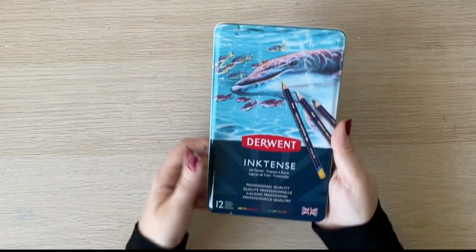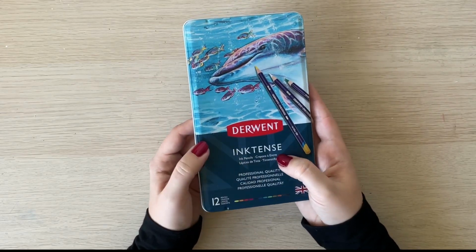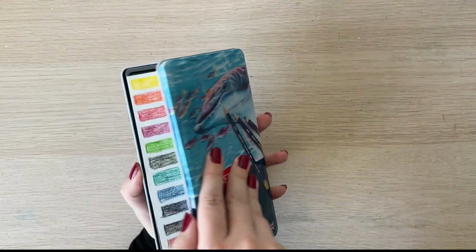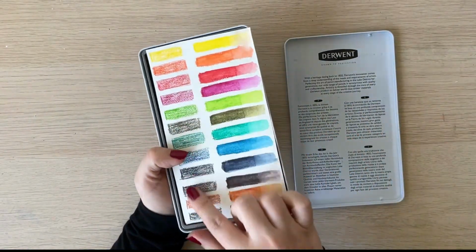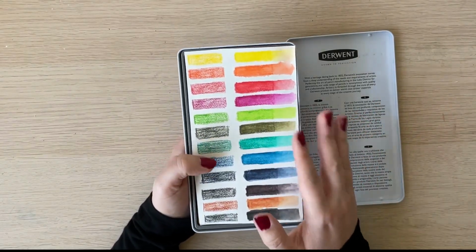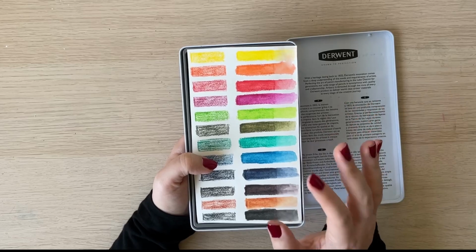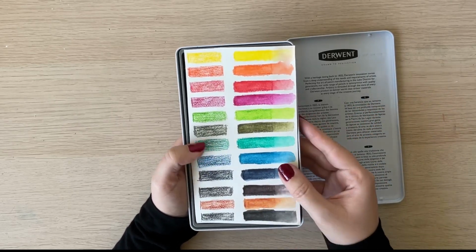So the next art supply that I would like to talk about is these Derwent Inktense pencils. They are incredible. I like them so very much. It's a true joy to use them. As you can see, they can behave like usual pencils, but you can also use water, and then they might seem as if they're watercolor pencils, except that you can layer on top, and then you almost won't disturb the previous layer. I think there's still a little bit of a mix going on, but it's very little and